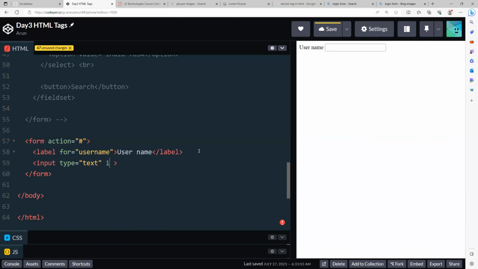Here I mention an ID, saying username. Just observe, I'll explain what is the one purpose of ID. There are many other use cases why we write ID. We wrote for equal to username, ID is equal to